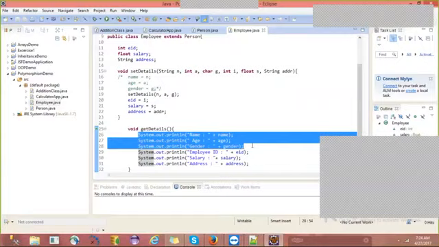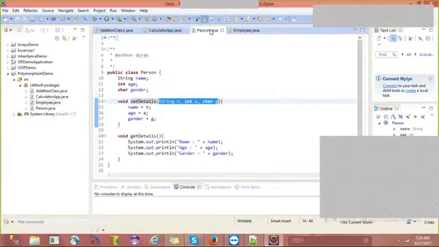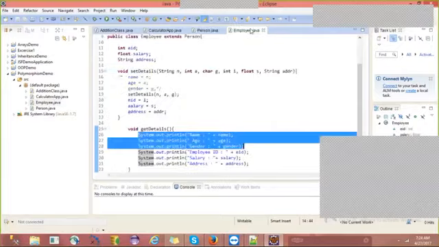Instead of this, what should we do? To print name, age, and gender, we have already written the code in the Person class, right? You can refer to our previous example, analyze and tell the answer. Yeah, use the getDetails method of Person, right?